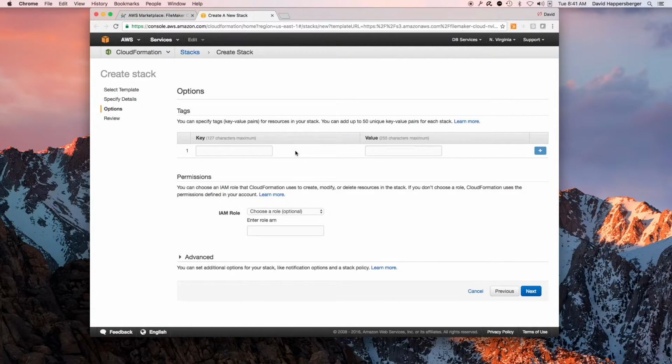From here, the options, there aren't any action items for myself. This is primarily if you had multiple instances spun up or you're planning to make multiple instances or servers. This is where you can make tags to set them up and easily navigate from the dashboard which one is which. So for me, I'll just hit next.